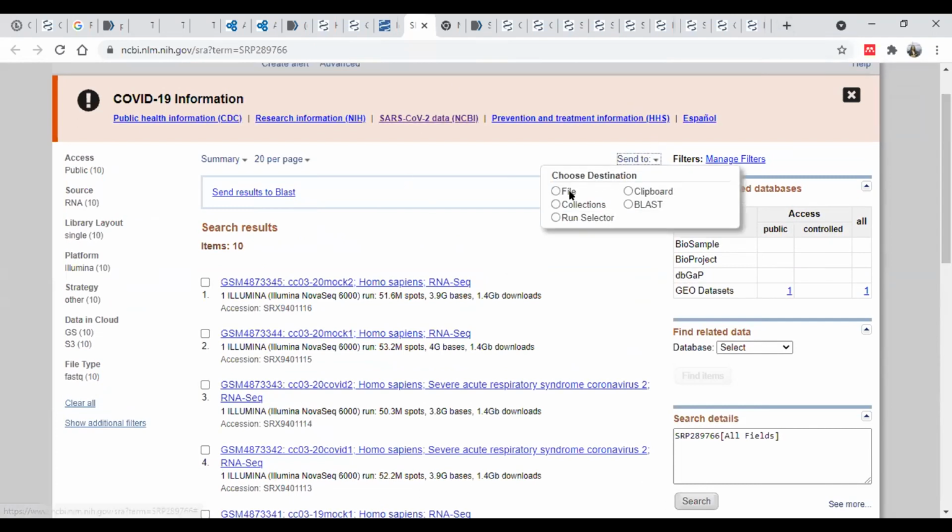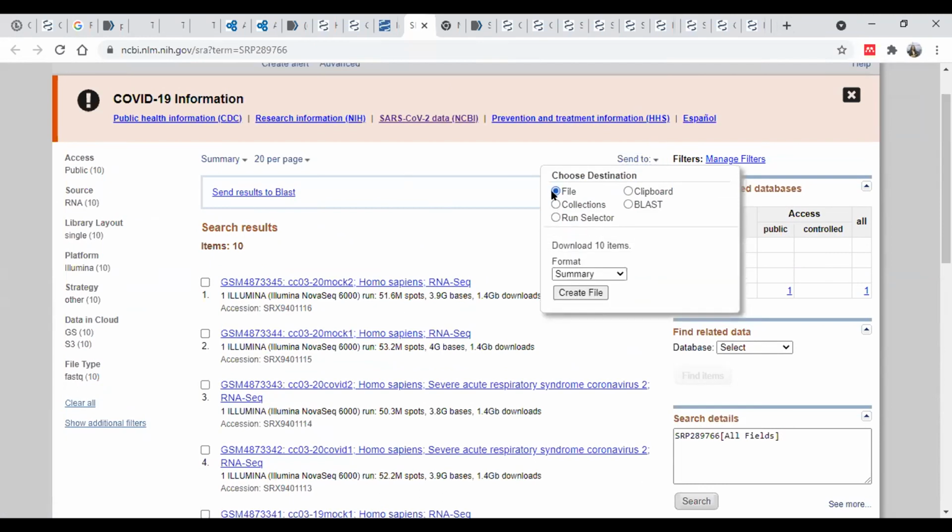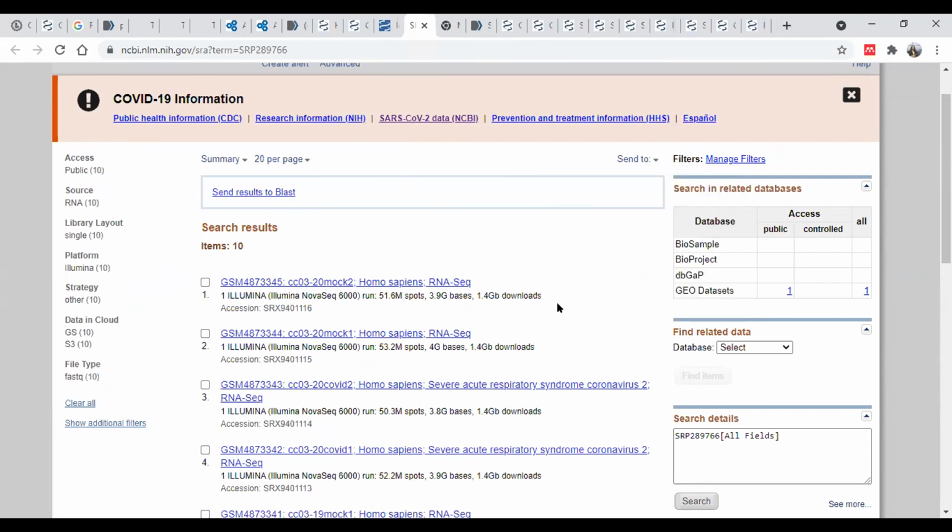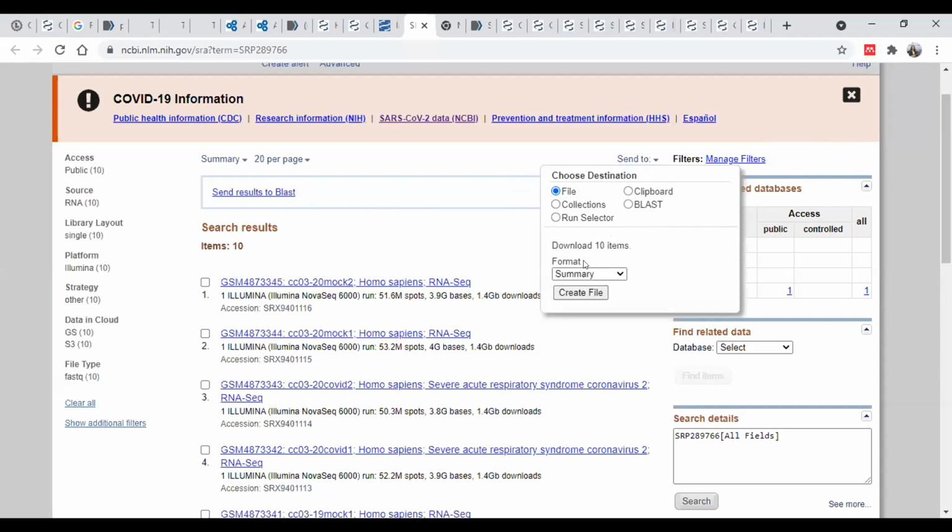And this SRA run table is very useful when you're doing analysis on one of our servers, the tBANFO server. I'm also going to demonstrate today how we can use raw data, right? So to download this data as a very small size file, the SRA run table, first we need to select this file. Then under the format, instead of the summary, we need to select run info.